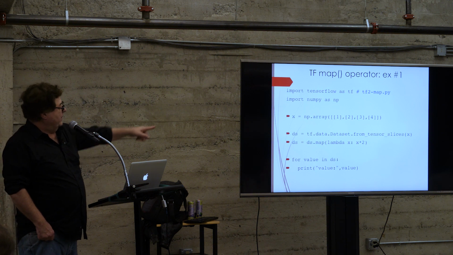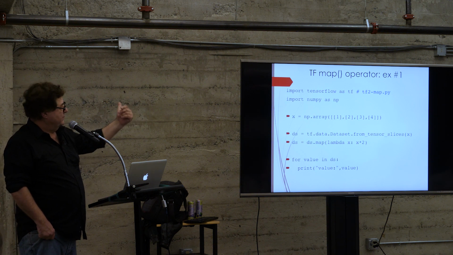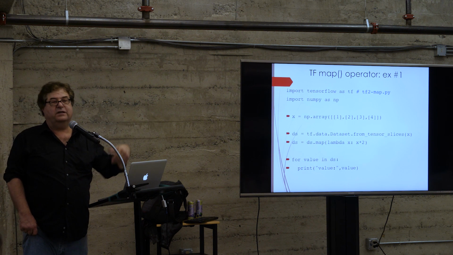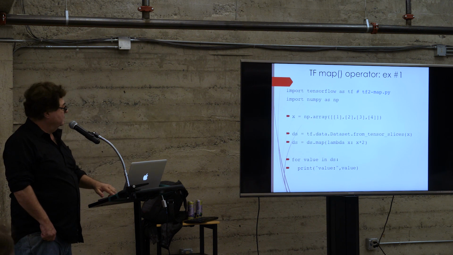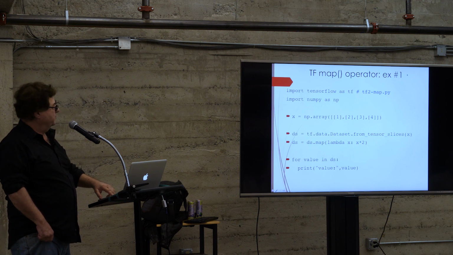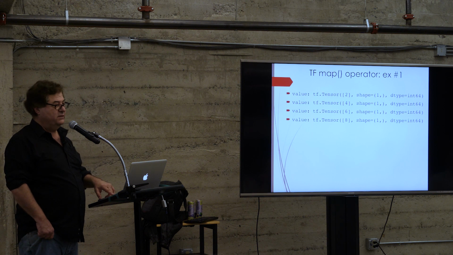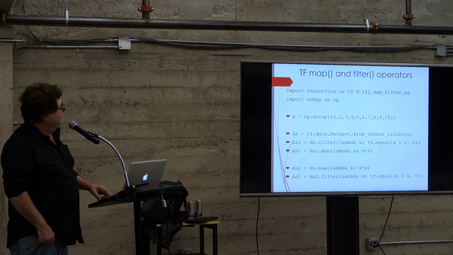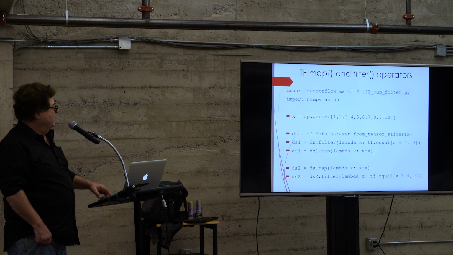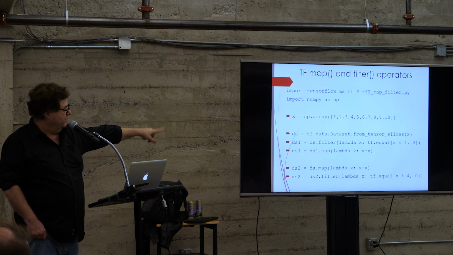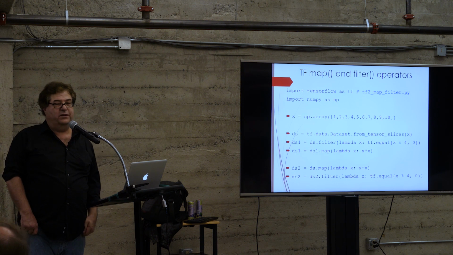Moving along, now we have 4 numbers, 1 to 4, and we have a lambda expression. What does this do? It's going to double the numbers. So we go through the for loop, and we have doubled those numbers. Okay, still very simple and straightforward. Now what about this one? See how we're doing the filter and a map, and then the one below, DS2, is map and filter? Are they going to be the same?